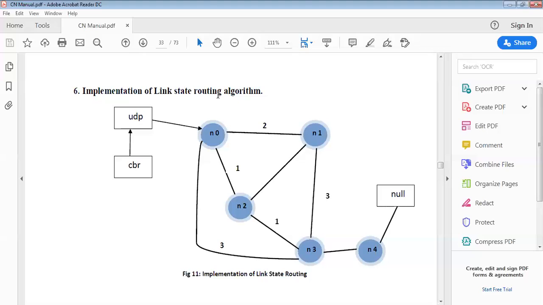Now, if you see the diagram, here I want to send packets from node N0 to N4. So N0 is the source node, N4 is my destination node. So if I'm using UDP at the source, at the destination we will be using null. And the traffic agent for UDP is CBR. Clear? And here we can see I have created a network consisting of 5 nodes starting from N0